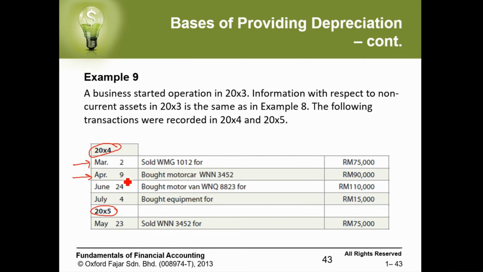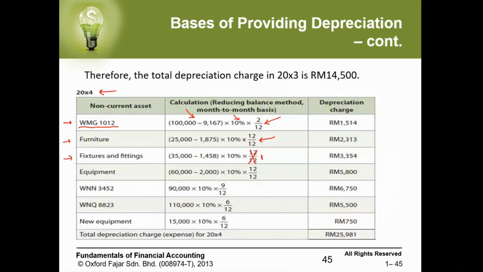How many months are we holding this asset? So April will be counted. We have April, May, June, July, August, September, October, November, and December, which means 9 months. So for this car, we take the cost. There is no carried value because we don't have this car earlier. So we are not taking into consideration a carried value. We just take the cost, multiply by 10%, multiply by 9, divide by 12, which is how many months we